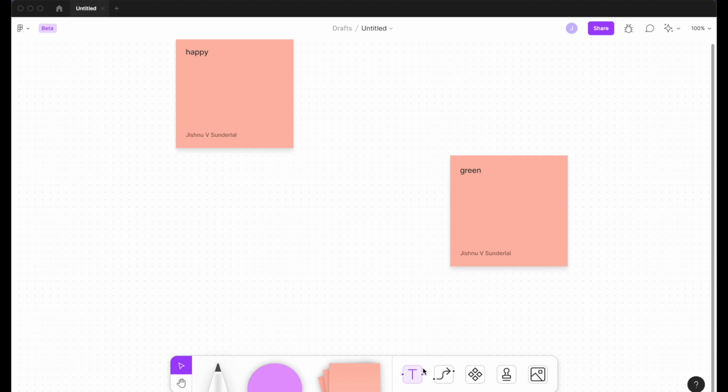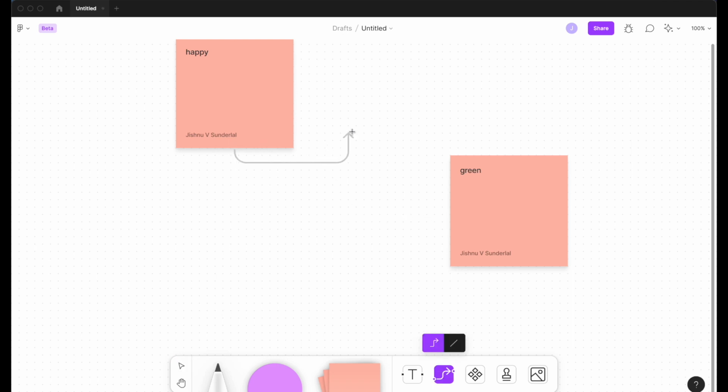Now we are going to connect this sticky note to this sticky note. This is the arrow connector. I'm saying arrow so that you people can understand easily. Just click on the connector and drag this.